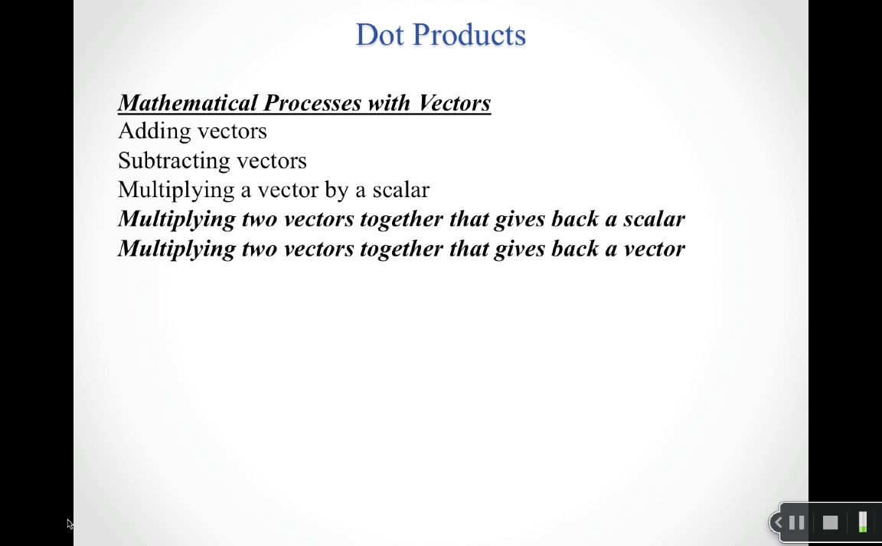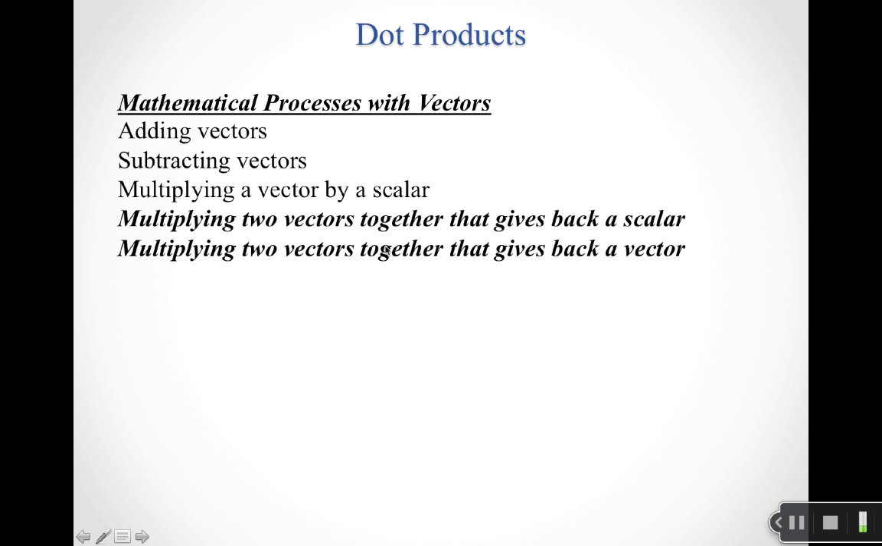So we said at the beginning of the class that there are 5 mathematical processes that we're going to need to get very comfortable with vectors. The first 3 we've already used a lot at this point. So we know how to add vectors, we know how to subtract vectors, we know how to multiply a vector by a scalar. The 2 other processes we have are basically different ways that you can effectively multiply 2 vectors